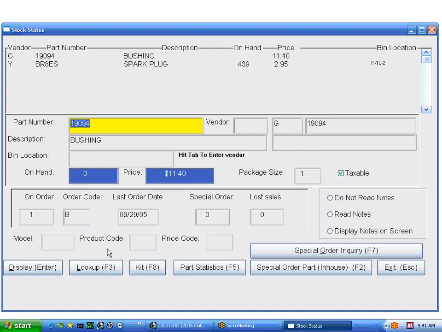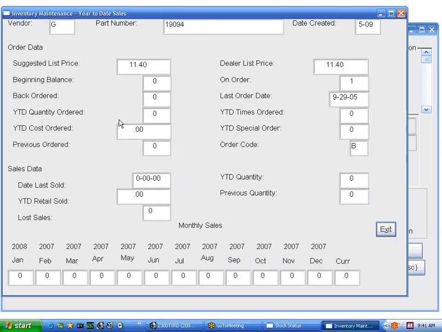Now, normally when you look at a pot, you may say, before I order some, let me just see if I'm selling these things. So you may want to hit this here, pot statistics. Obviously, this probably wouldn't be a good one to order. It would tell me the last date I sold it, the last date I ordered it, and obviously give me my sales. Realistically, if I looked at this, this is not a pot I would want to order,